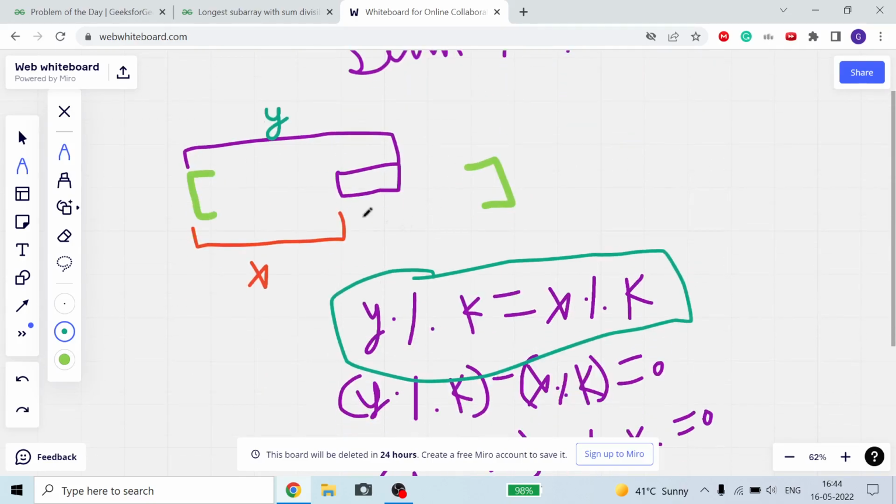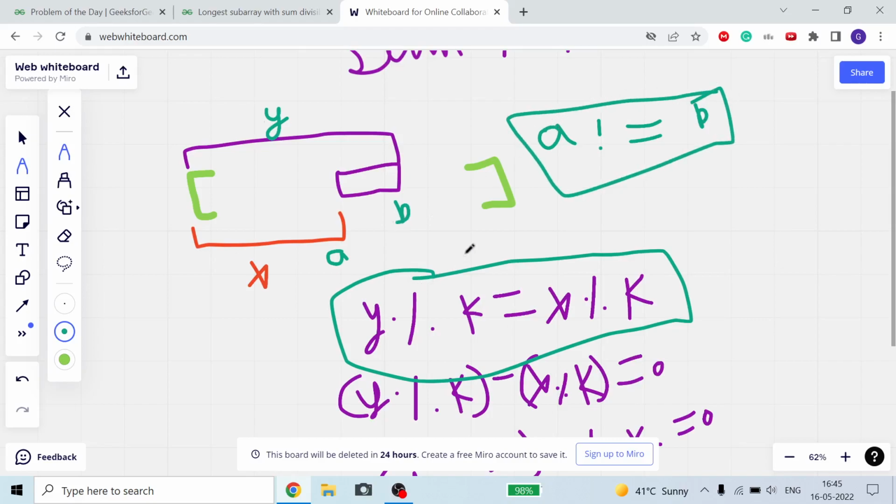Now suppose this is x and this is y, and these are sums up to different indices. Suppose this is the sum till index a, this is the sum till index b, where a will never be equal to b.